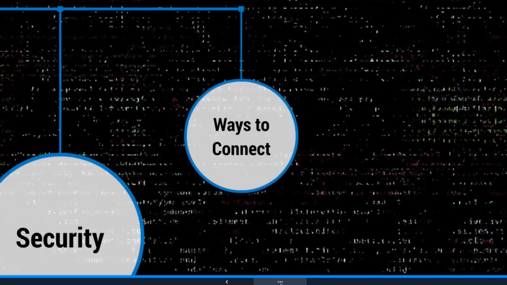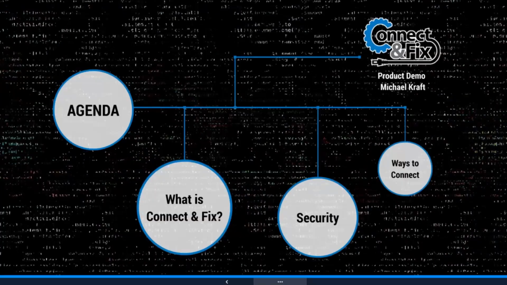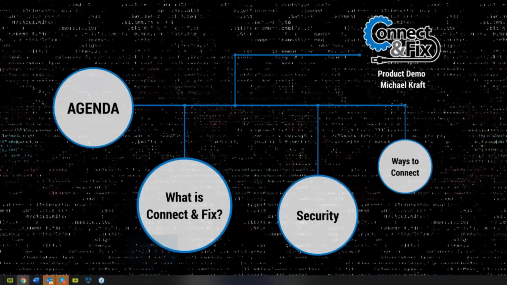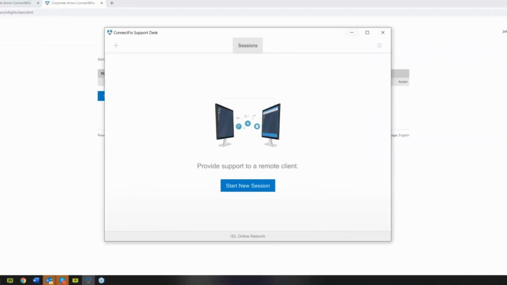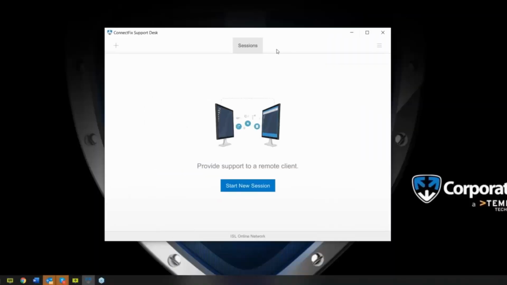So now that we got through the PowerPoint deck, let's go ahead and jump into the product demonstration. So let me get this out of the way, and we will start off with the application so you guys can see what it looks like whenever I connect into a device using the Connect and Fix app. So I'm going to go ahead and click Start New Session,